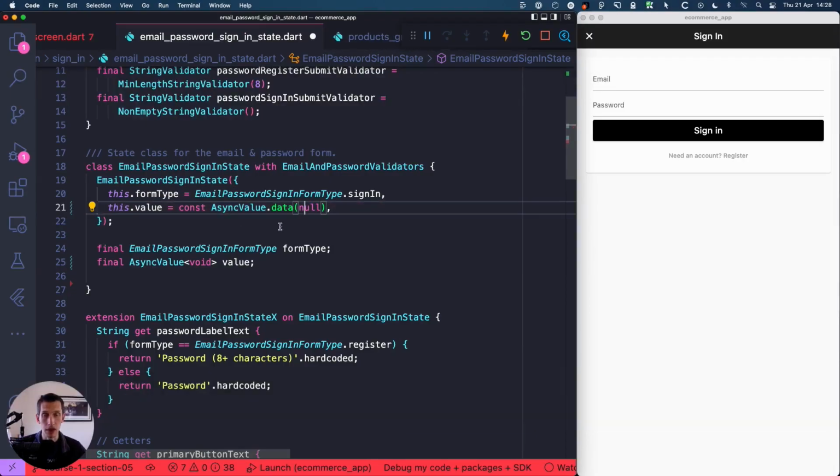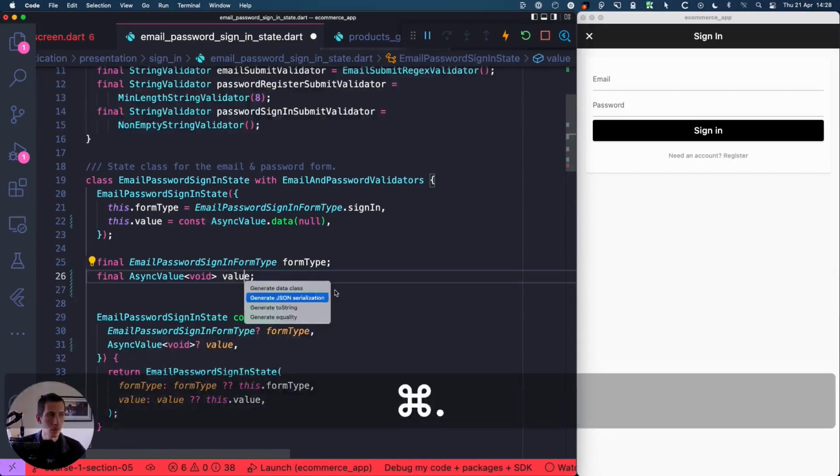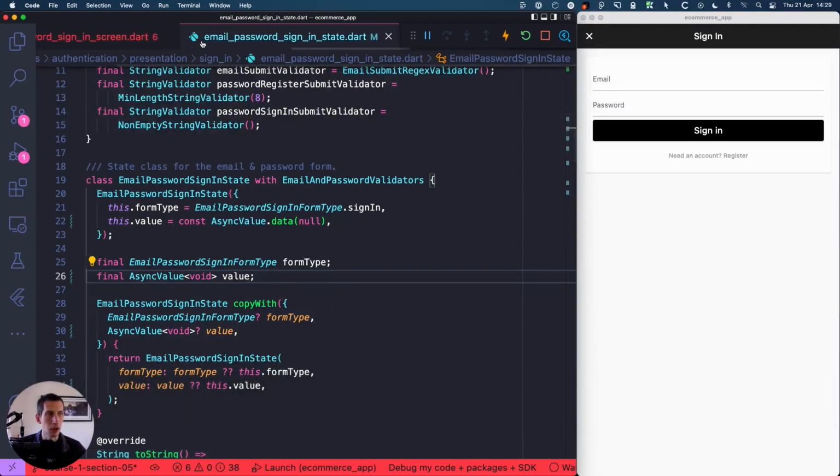And now that we have updated this, we can select our property and then use the quick fix to add the copyWith, toString, and equality operators. And then we can save our file. However, if we go back to our